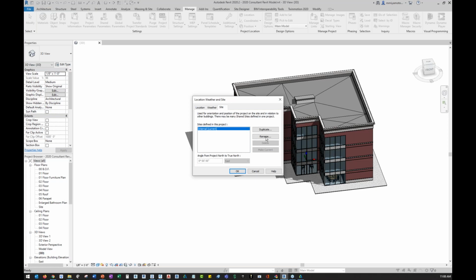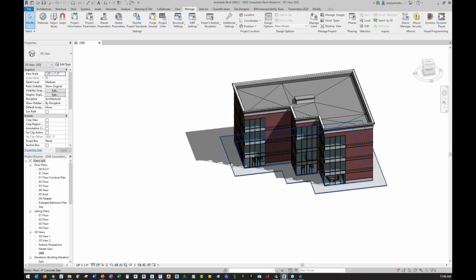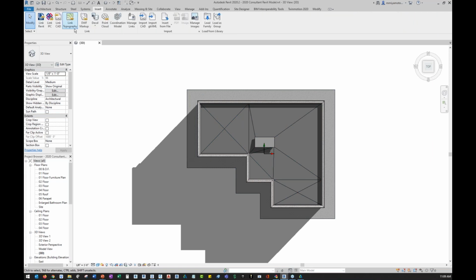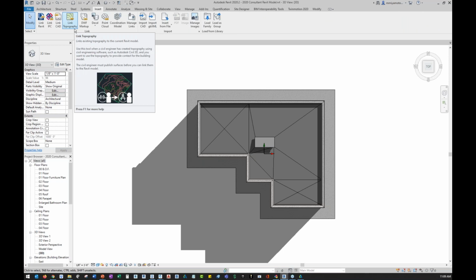You choose that site that you imported and make that current, and that's going to make the published shared coordinate the current coordinate system or coordinate location for your Revit model. Once that coordinate file is set as the current coordinate for your Revit model, you go over to Insert and link topography. When you link topography, you go to your published surface that you sent out of Civil 3D and posted to BIM 360, and that surface is going to pop up in the